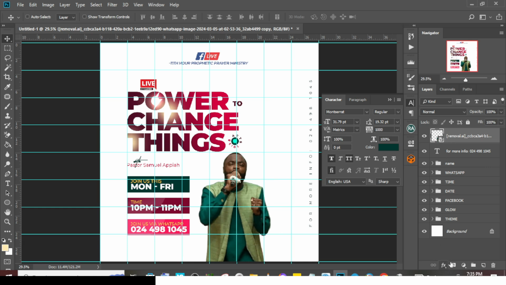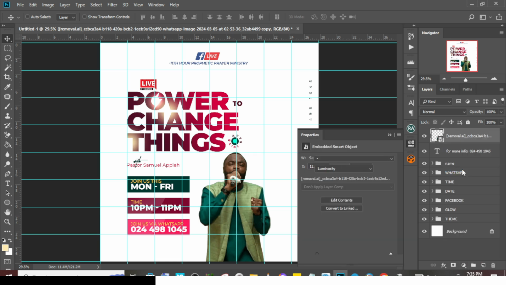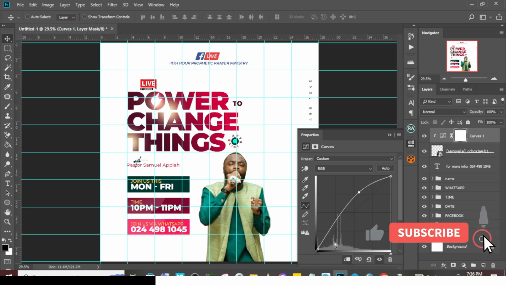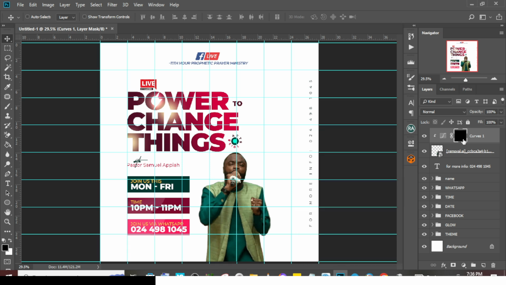Now let me give it a curve. Okay, and then let me clip it to it. Let me drag this side up. Then I'm going to double click this side, and then invert. Good. Now click over here, pick my brush, set the color to white, and then all I